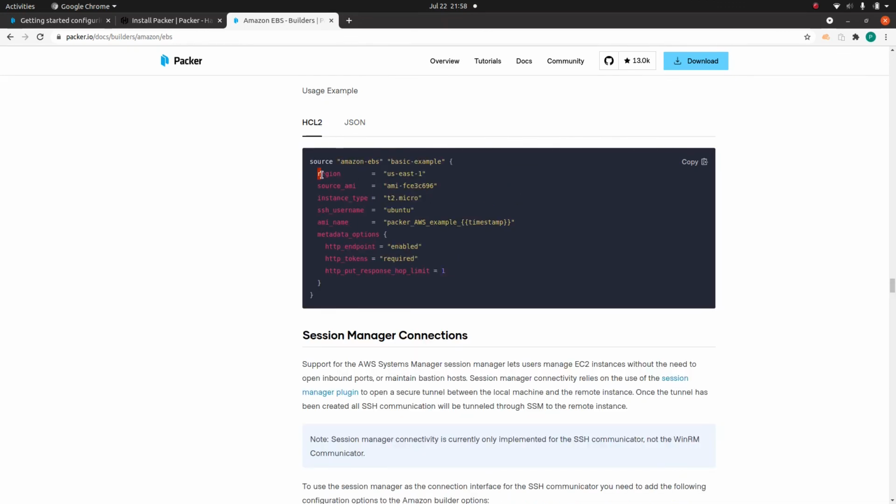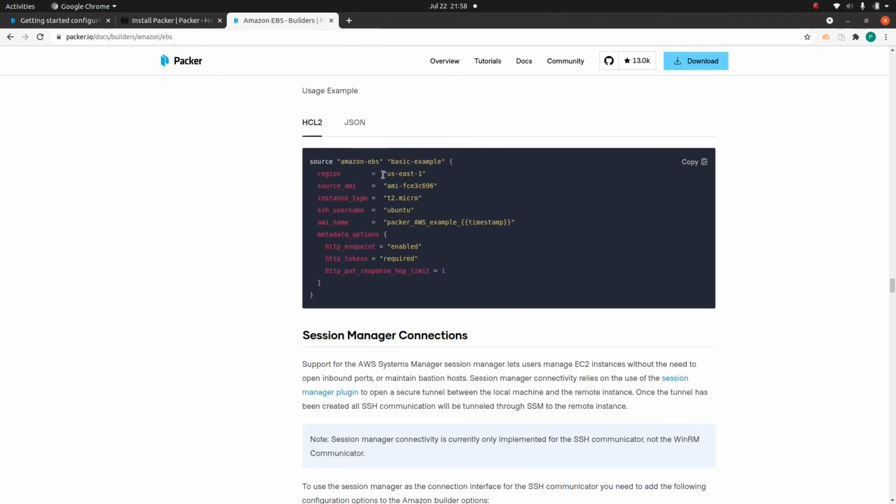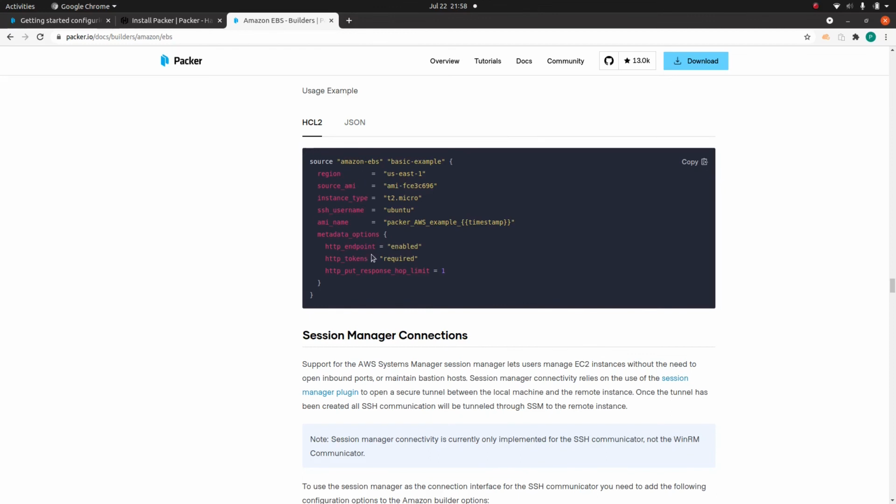Here you specify the same parameters like region, source AMI, instance type, username, AMI name, but the syntax looks much cleaner than this cluttered one, where after every parameter you need to specify a comma, and after every key a colon. It is converted to equals.